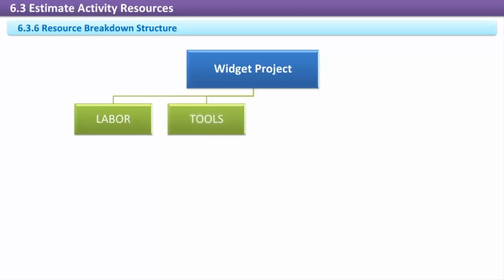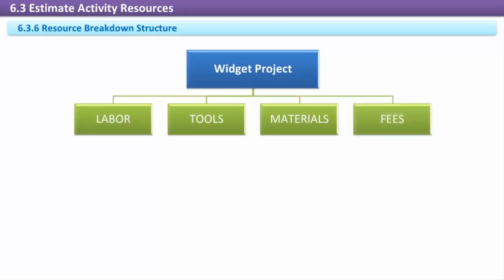The first level of the RBS is usually grouped by categories such as labor, a categorization for the different types of people needed for the project, whether internal or external; consultants; services; tools, machinery, any items needed for the project but which are already available within the organization; materials; equipment; hardware; software, items needed for the project which must be specially purchased, rented, or leased for the project; fees, taxes, and licenses, non-materials items needed,